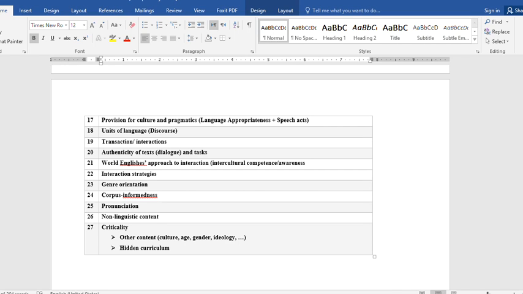So if we adopt Chomsky's theory, we learn about language. But if we use Halliday's theory of language, language is discourse, we learn language itself and how to use it appropriately. So for the unit of language, we have generally two units: language at sentence level, and language at discourse level.